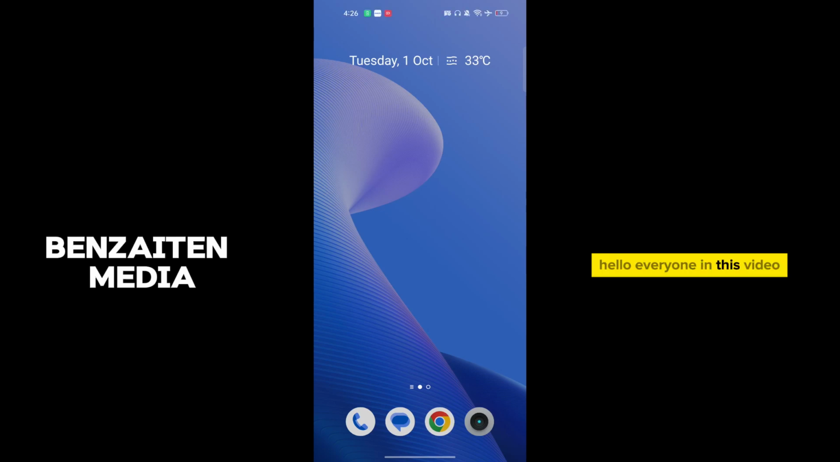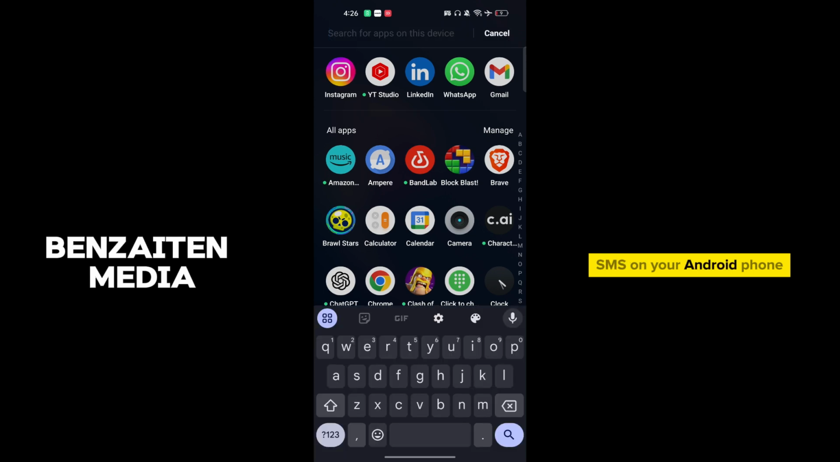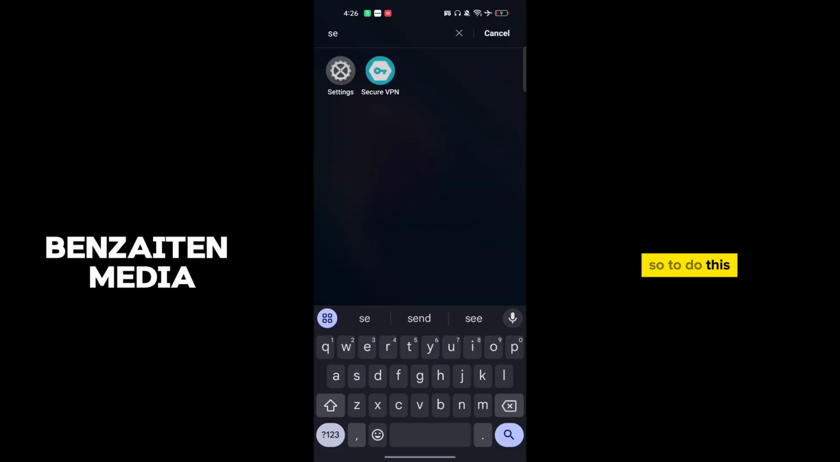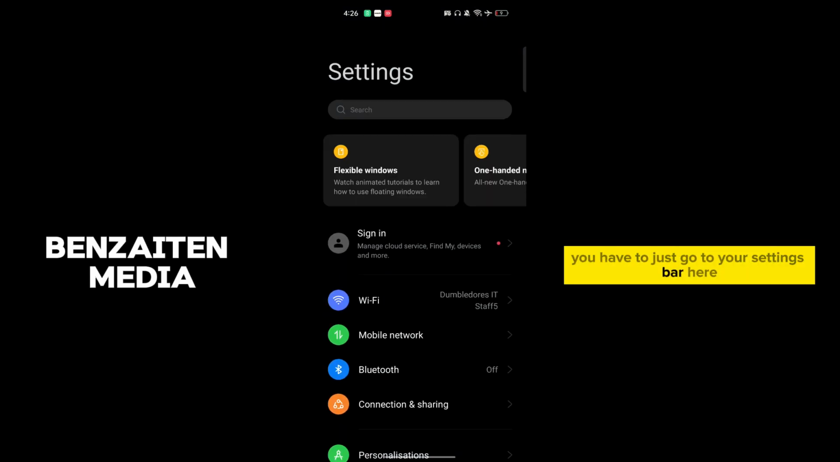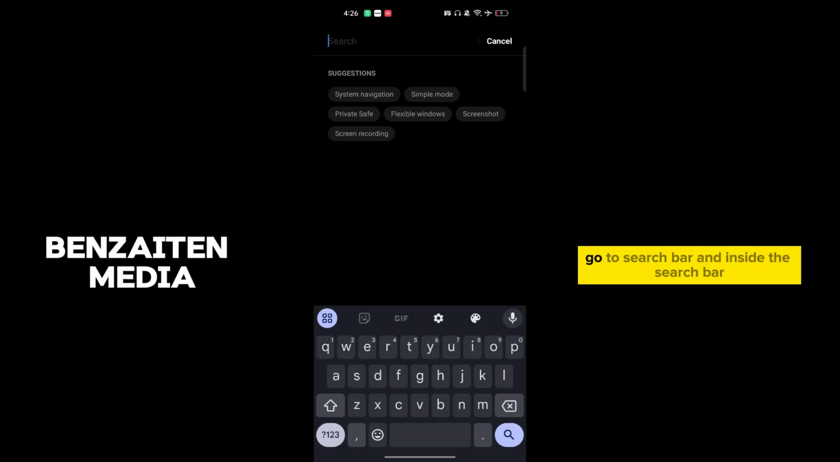Hello everyone, in this video I will show you how to use Wi-Fi calling and Wi-Fi SMS on your Android phone. To do this, you just have to go to your settings bar here, and once you go to the settings bar, you have to go to the search bar, and inside the search bar you have to search for